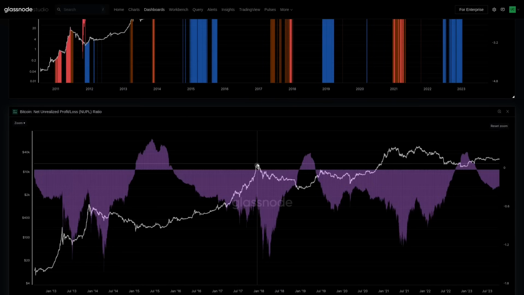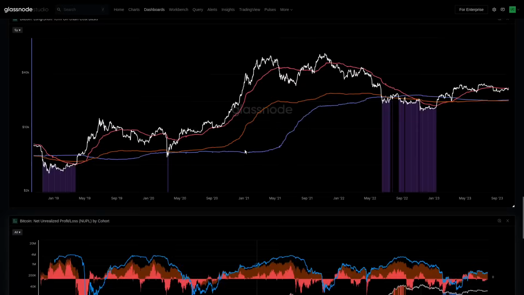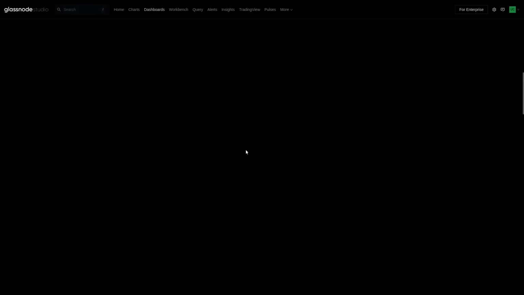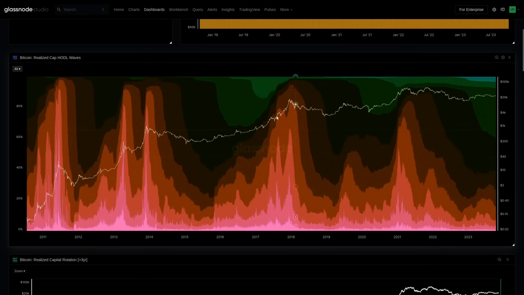They're going to oversaturate the demand at some point, and let's just go back and close this out with our realized cap HODL waves. You have the maximum saturation by brand new investors who've only heard about Bitcoin yesterday and they've just bought their first coin, and they are going to be the most price sensitive. They also have a high cost basis. They become very sensitive, and that is essentially what terminates the bull at the end of the day.